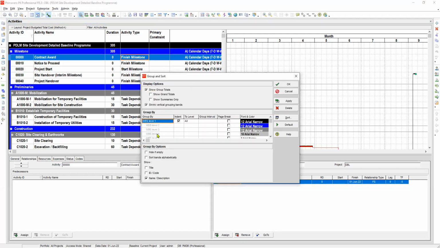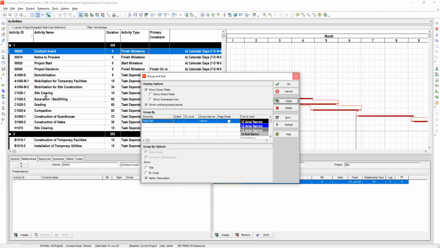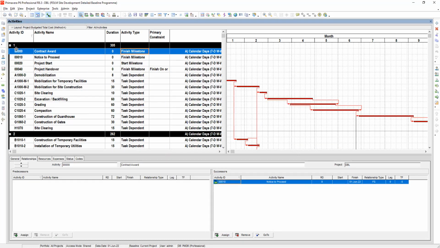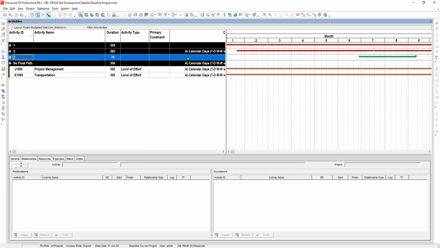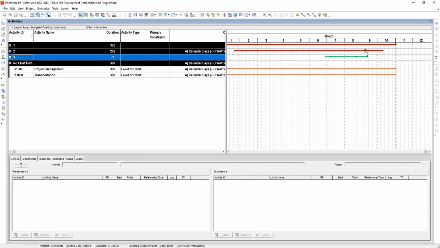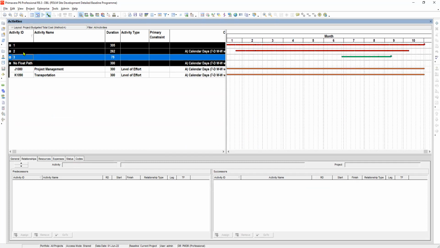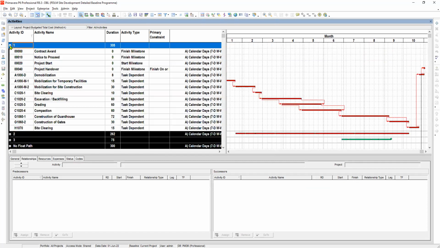Customize, and then we will organize it by float path. So we will change this into float path. So float path, and then apply. So you can see here the number of float paths. So float path number 1, float path number 2, and float path number 3. So it is good for 3 float paths. We have here 1, which is this one. This is the path